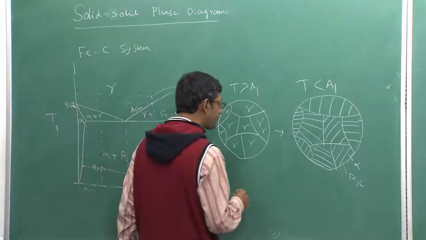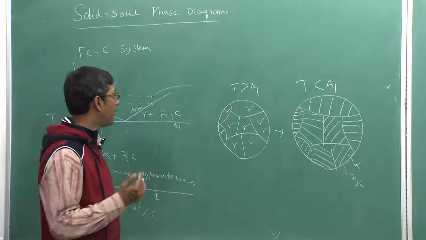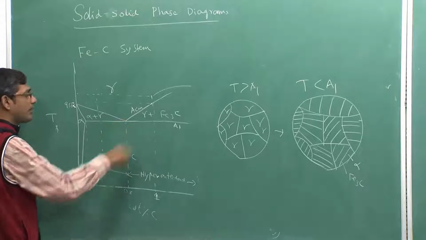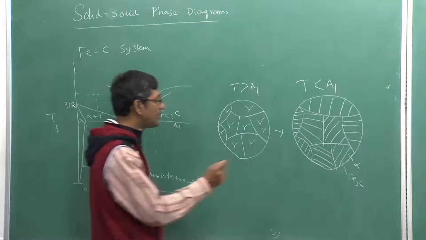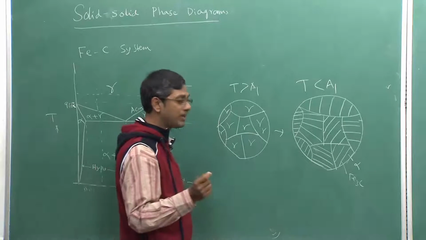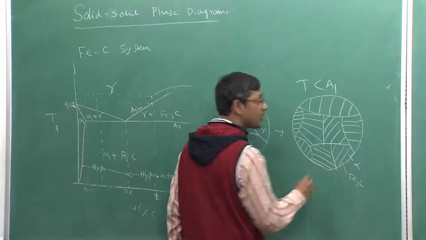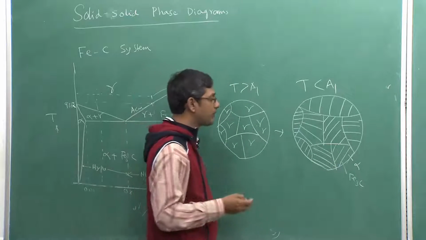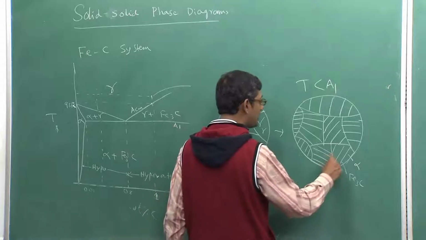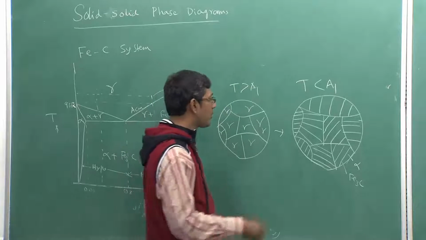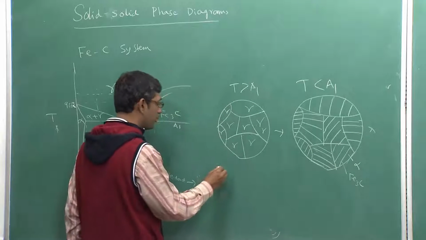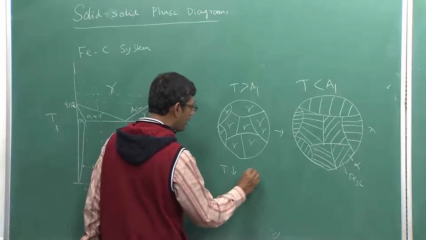And as you know, diffusion is low at lower temperatures. So if you undercool the sample, suppose much below the A1 temperature, diffusion will be very, very low. When the diffusion is low, the thickness of the lamellae will also be low. That is obvious, because the carbon cannot diffuse longer distances. So the thickness of the lamellae will be smaller, or in other words, the distance between two lamellae will be smaller. That is the interlamellar spacing, lambda. So lambda will be small when the temperature is low,